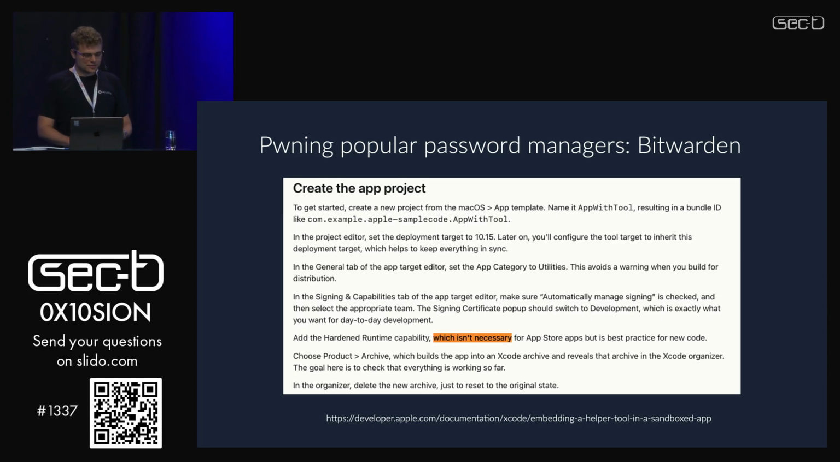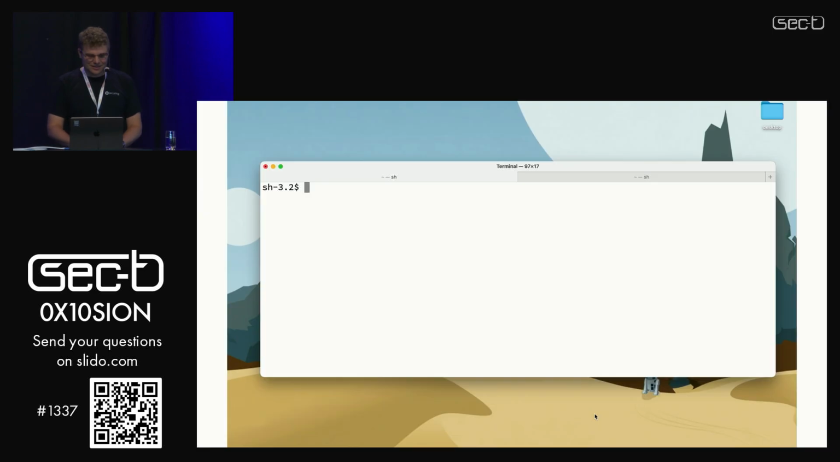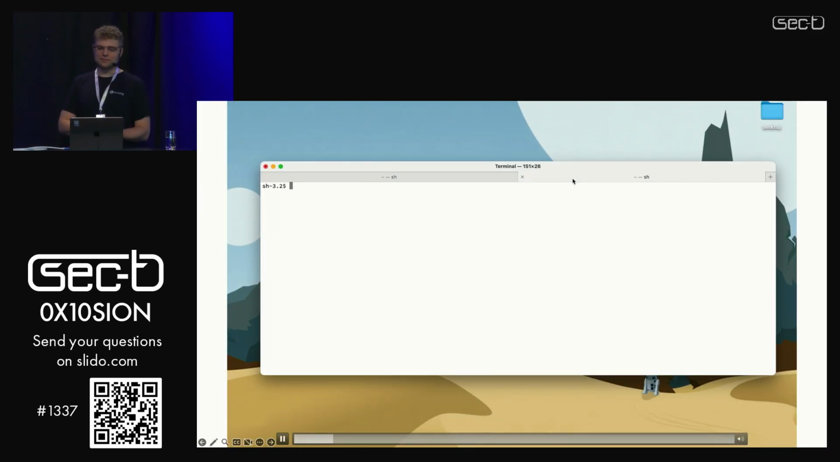But let's take a look at the documentation. We are in embedding a helper tool in a sandbox app documentation. Add the hardened runtime capability, which is not necessary for App Store apps, but is best practice for new code. Not necessary for apps distributed via App Store. So how can we exploit Bitwarden? Simply,